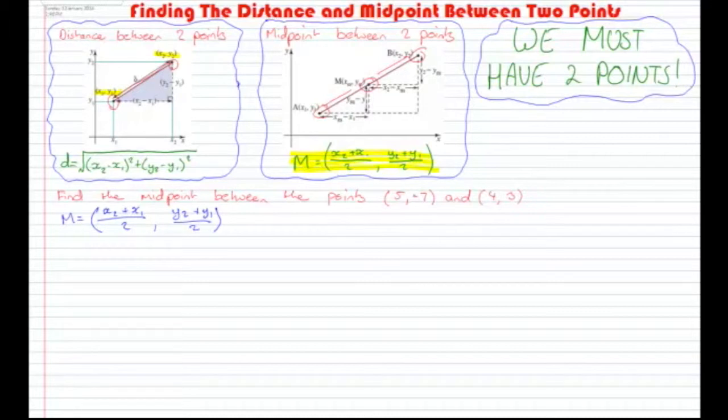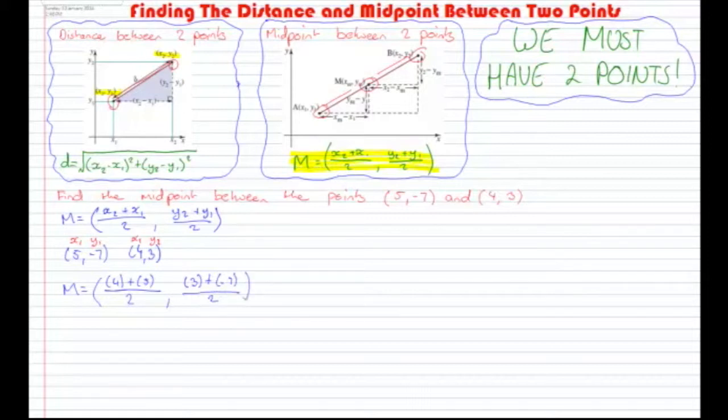Right, and my 2 points, of course, are 5, -7 and 4, 3. Let's go through and write out what they are. So that's x1, y1, and that's of course x2, y2. Alright, so let's substitute that into the formula now. You've got m is equal to bracket x2 being 4 plus x1 being 5. Of course, remember when I'm substituting in, I make sure I write it in brackets, over 2, comma, and y2 being 3 plus y1 being negative 7